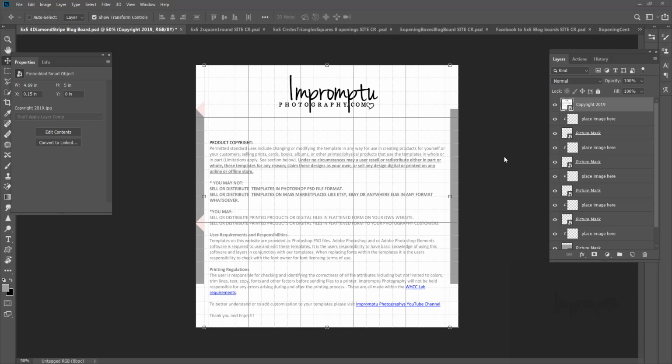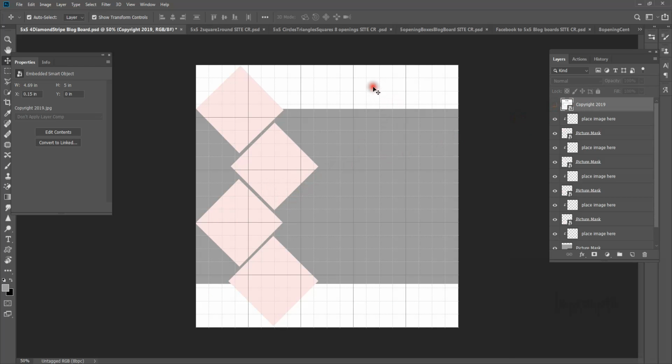So I'll probably do another video a little later down the line showing you how to really play with these. For right now, I'm just going to show you what's being released. This right here has a white background. Sorry about that. Those are my guide tools. It has a white background. These masks here are pink only because I needed to separate them, otherwise you wouldn't be able to see them